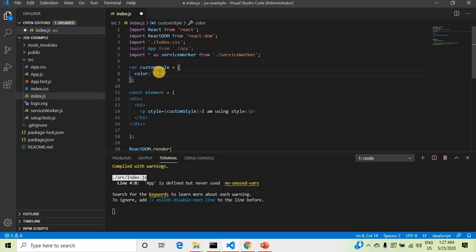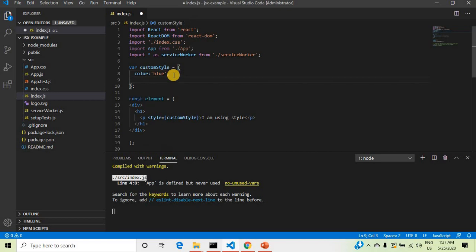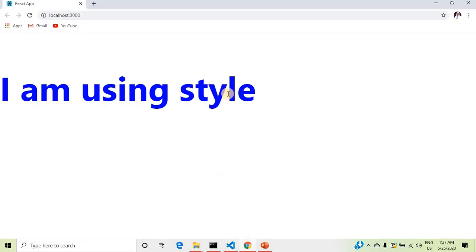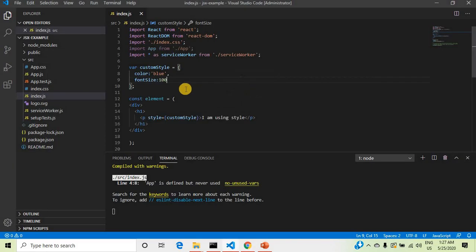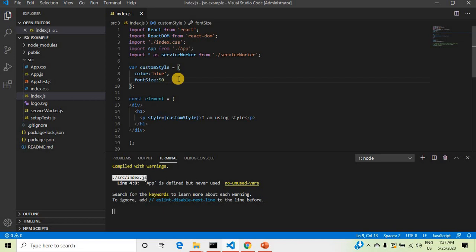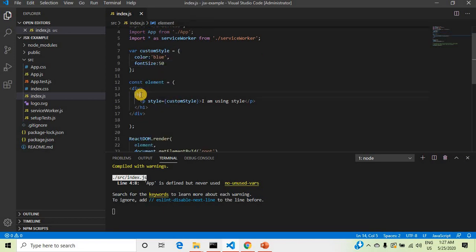You can change it. Here the font size is 100. You can change any CSS property and apply it to any type of element using the style attribute.